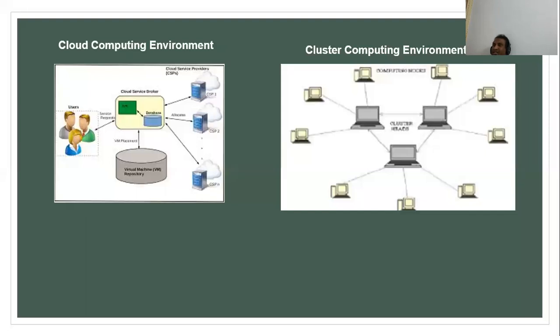Cloud means the servers are maintained on the earth only, but they have huge data storage, huge processors, huge technologies. That is how things are maintained. Like how huge a cloud is, that much are the servers used. That is what is called cloud computing environment.